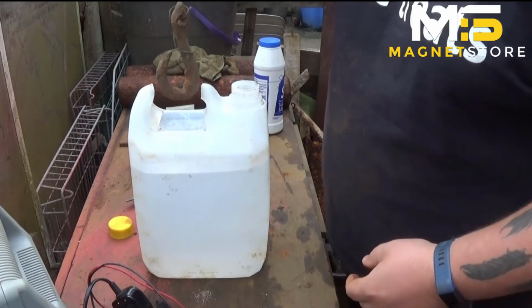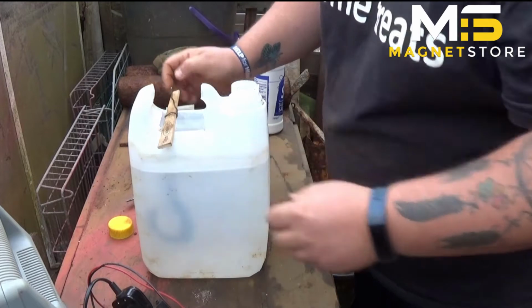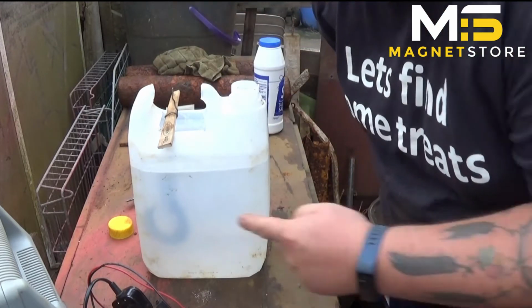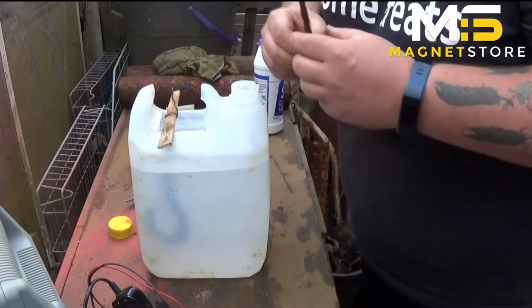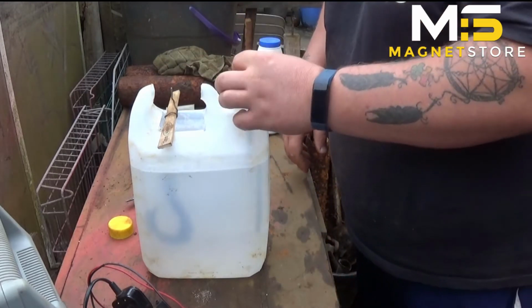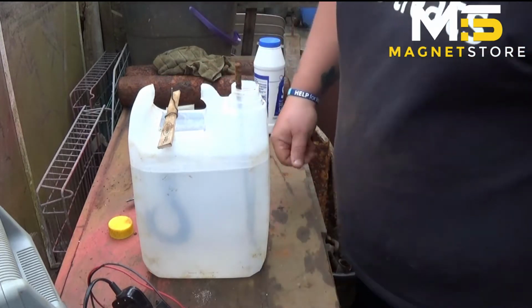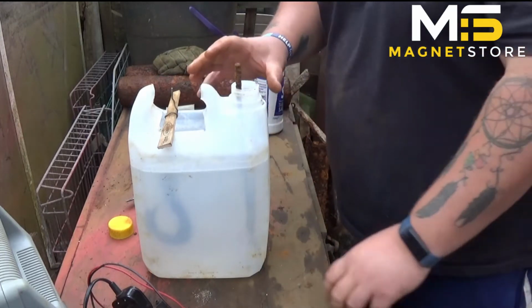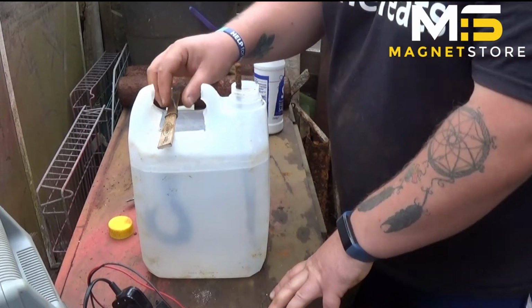So put that in there, wherever you want it to. Get it set up. You can see it with a shadow there. And then a piece of rebar goes in there. Like I said, it don't matter where, it's just going to stay, isn't it? And that's pretty much your setup ready. The only thing I'm going to do